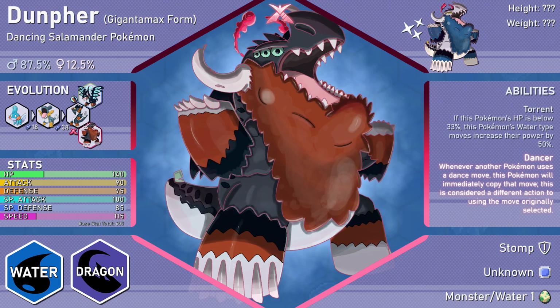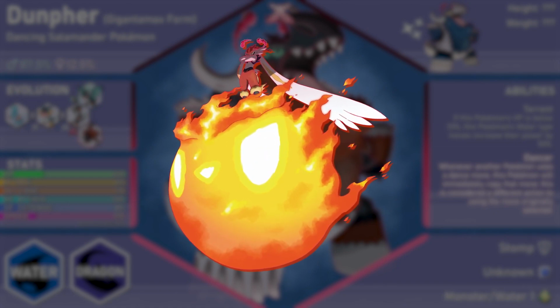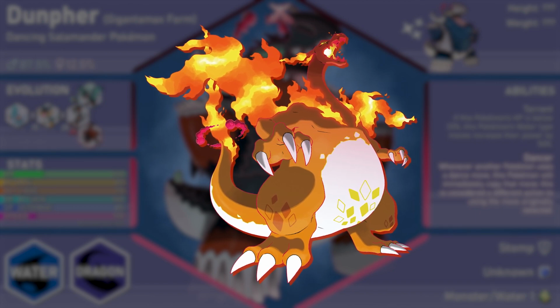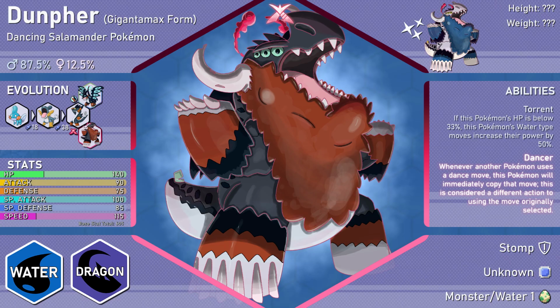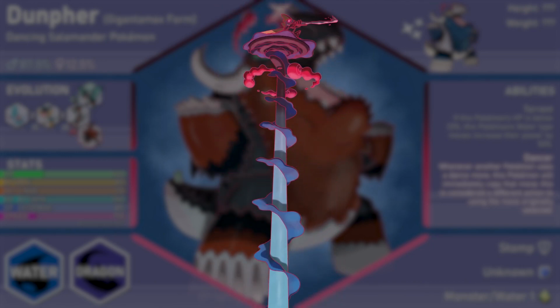Drizzle Pelipper, anyone? Now, against other Gigantamaxed Pokemon, Dunfer has the advantage over Cinderace thanks to its quad resistance to the otherwise powerful and consistent 160 base power move. However, this can't be said with Charizard's Wildfire, as that knocks off 1/6 of the attacked Pokemon's HP, regardless of their resistances. Water Pokemon have it worse, unless you're the uncanny Inteleon, because if Dunfer manages to pull off its Titanic Watery Dance, their G-Max moves won't have any effect. I mean, Inteleon won't be able to hit for much damage anyway, so...